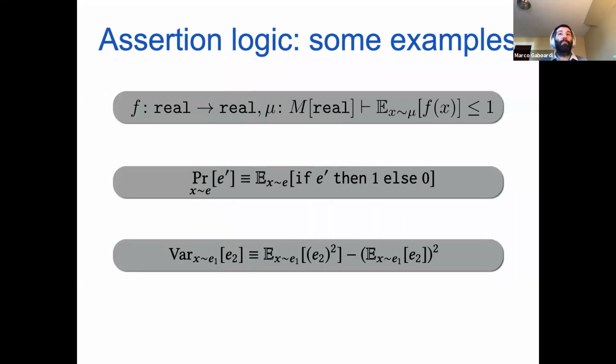We may have assertions like the following. So we can have a judgment like the first one that you see here, where we are interested in the expected value of some function x, and we require that this expected value is less than 1. We may have equalities like the one you see on the second row, where we say that the probability of E prime,